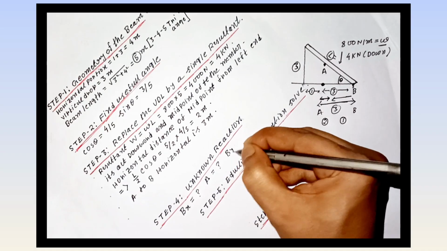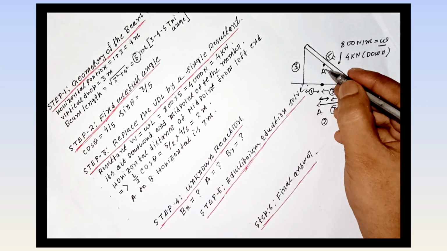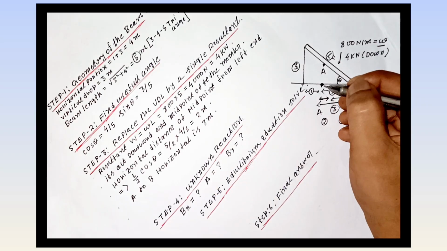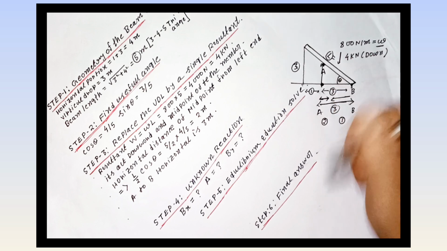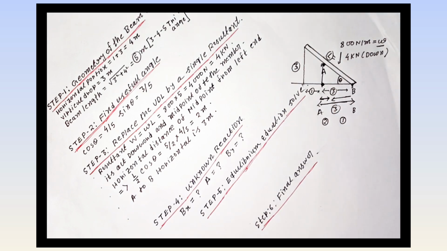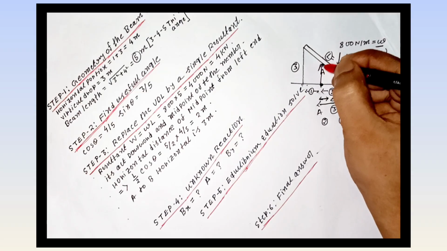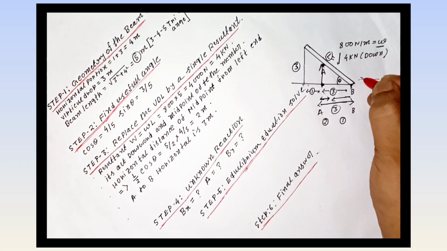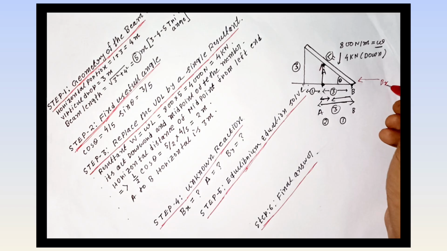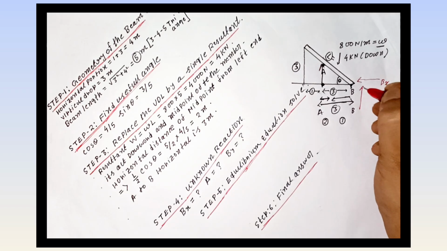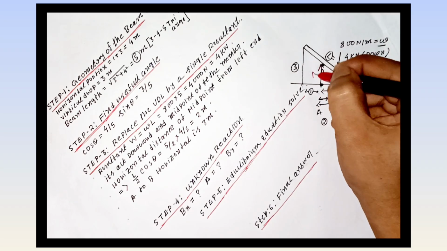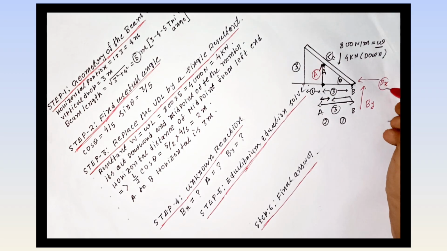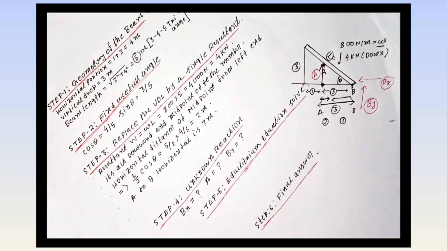Anyway, we have to find Bx, A and By. What is A? This is the A reaction. Only one reaction, no components, so I can write only A, not Ax, not Ay. You can write Ay also because it is along the y axis, no problem, but I don't write it because there is only one force. This is Bx, left hand side, and upward is By. No confusion. We have to find 3 unknown reactions: A, Bx and By. This is our main question.